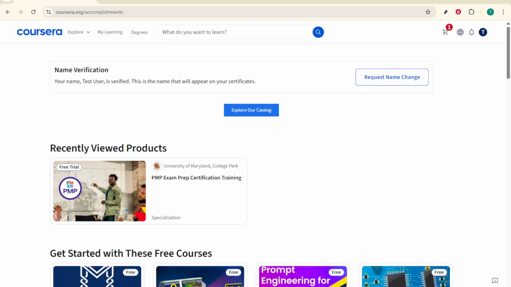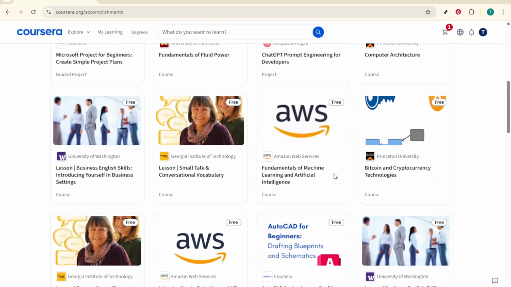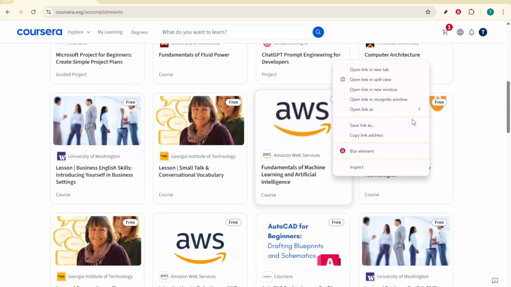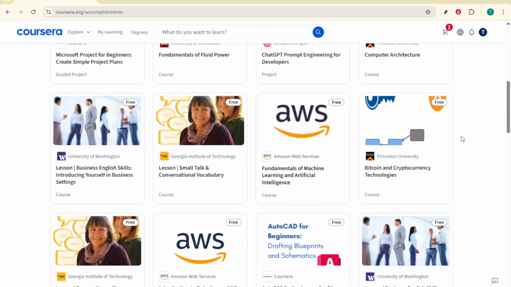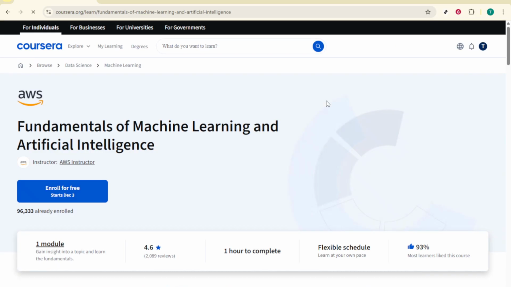Once you're in the app, head to the course you want to watch offline. On the course page or within a specific week or module, look for the download icon next to the video content. Tap that icon and you'll see options like download videos or save for offline. Choose the option presented for your course. The app will begin saving the videos to your device and you'll typically see a progress indicator so you know it's working. When the download finishes, you'll be able to play those videos even if you're in airplane mode or